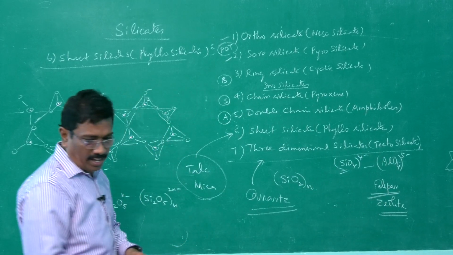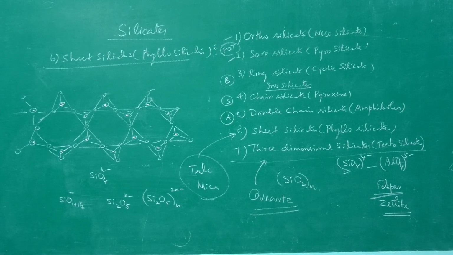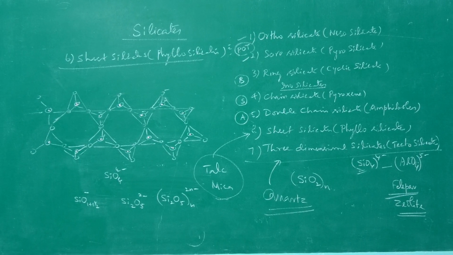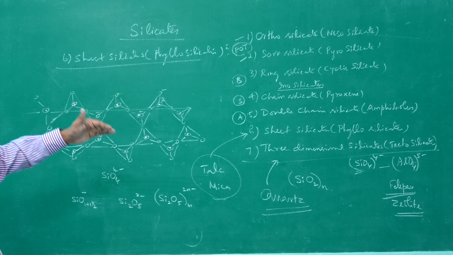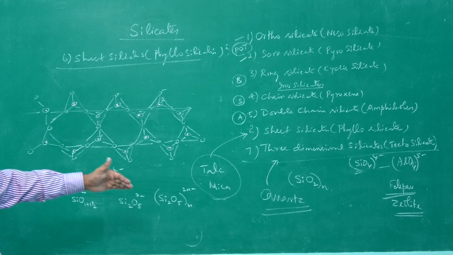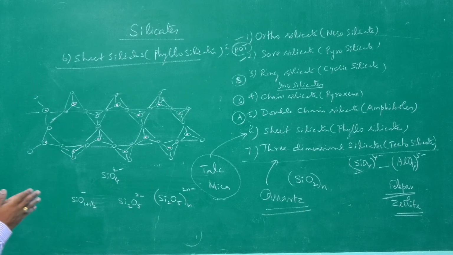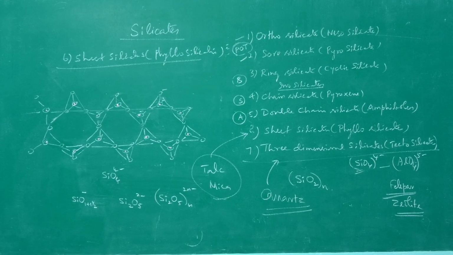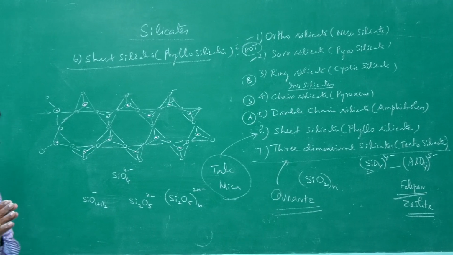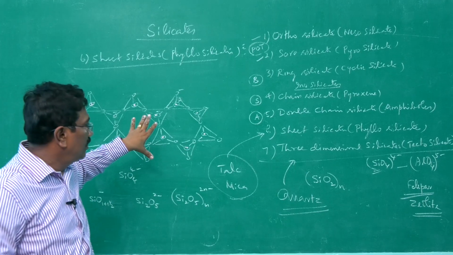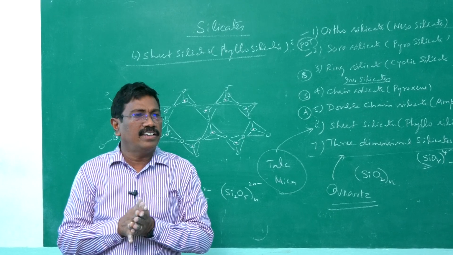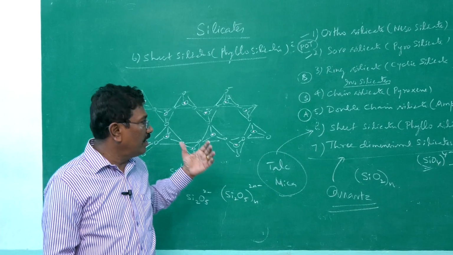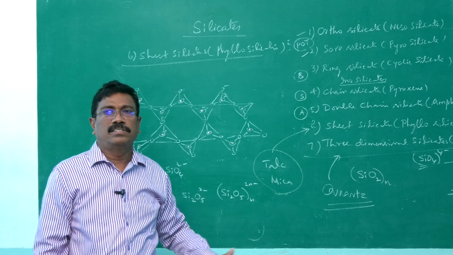So that is about various types of silicates. Orthosilicate, sorosilicate, ring silicate, chain silicate, double chain silicate, sheet silicate and three-dimensional silicate. For all those things we have given illustrations, molecular formula, example. Hope you may be understanding well and it is possible for you to draw the structures easily, and mostly in competitive examinations like NEET and IIT, the molecular formula for everything and example will be asked.